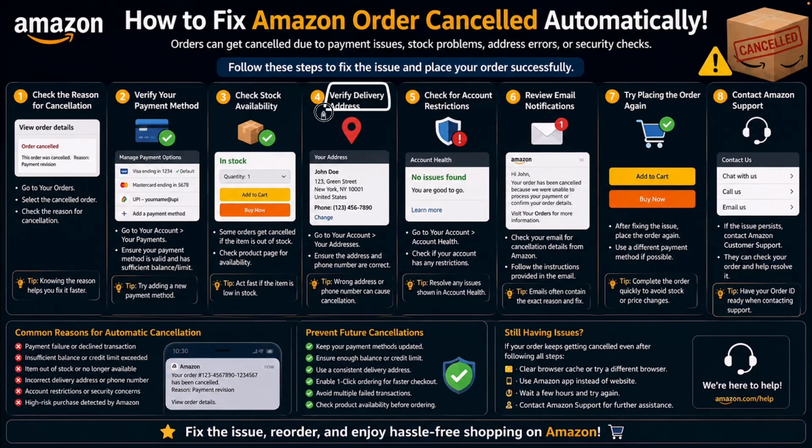Make sure you verify your delivery address and that it is not somewhere where they do not deliver to. And also make sure that your account health has no issues at all. You can also review your email notifications because it does tell you why your order has been canceled. And if none of it works, you can simply go ahead and try placing the order again, or even contact